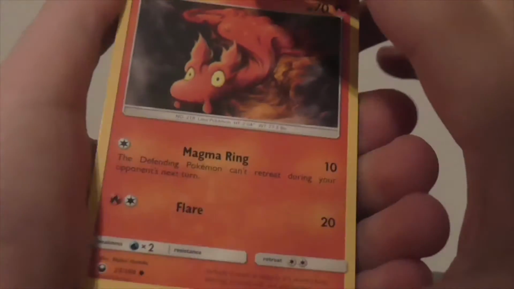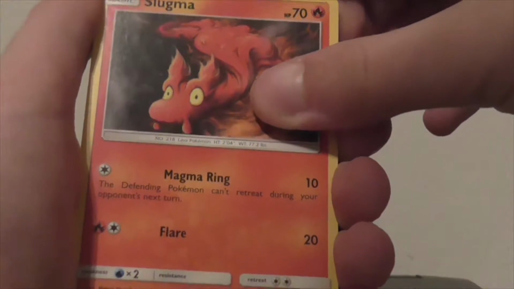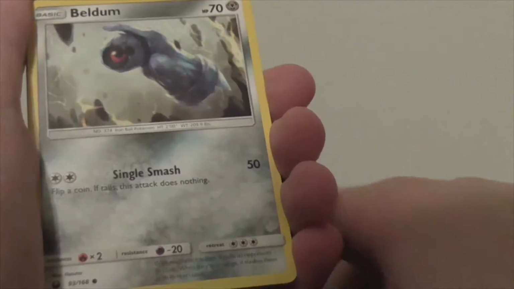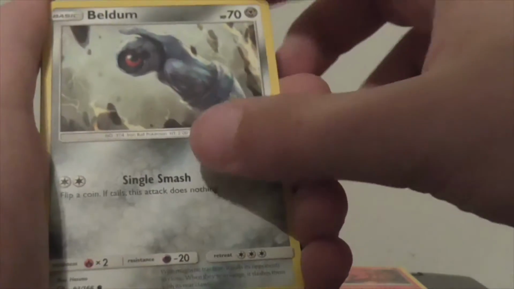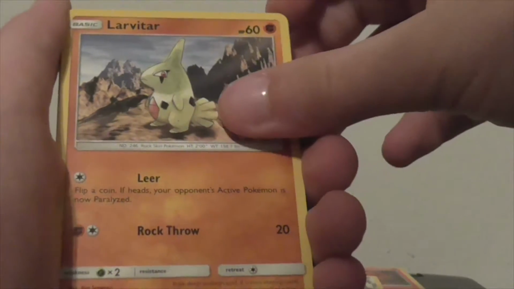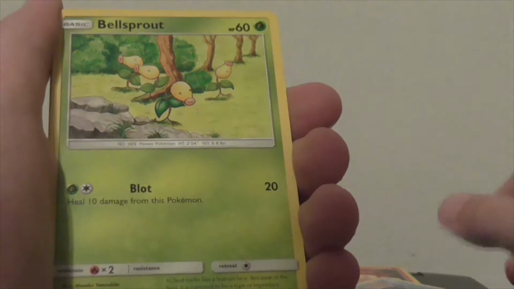So let's see. Slugma, Magma Ring, looks nice. Actually looks really good. Like, not competitively, but looks really colorful and such. And let's put it back here. A Beldum. Oh my god, this attack looks horrible. Sounds horrible. Also, Larvitar, a new Larvitar card, because we don't have enough of these already. Whalmer. Okay,